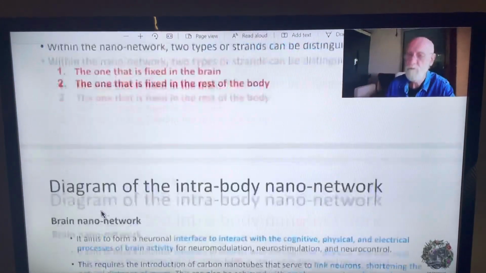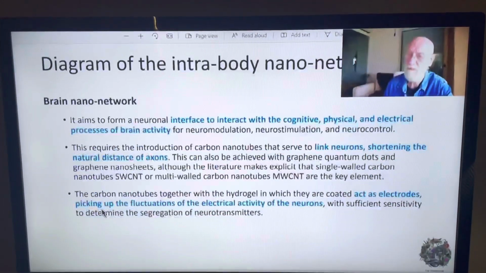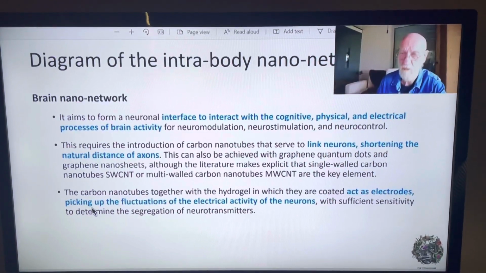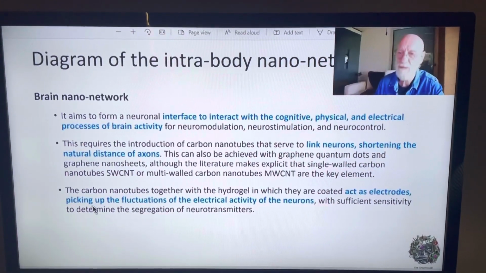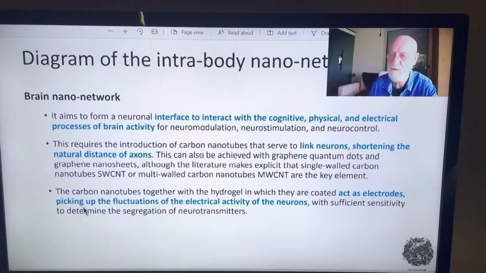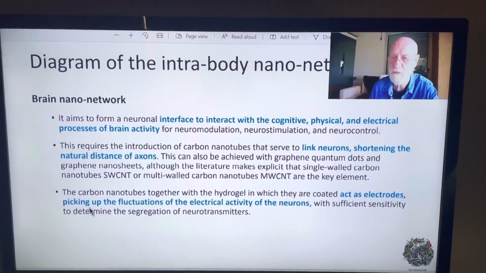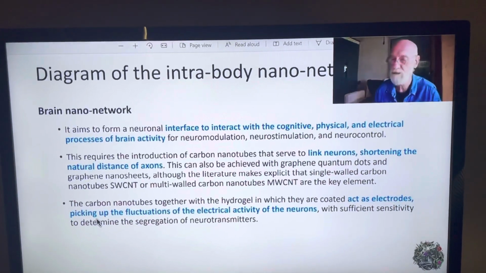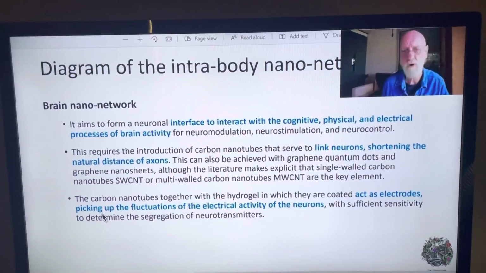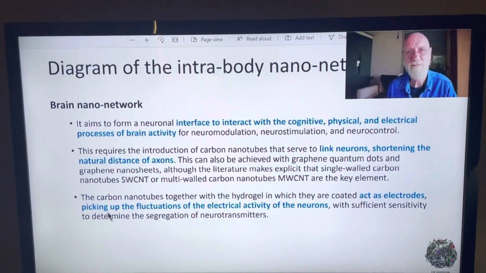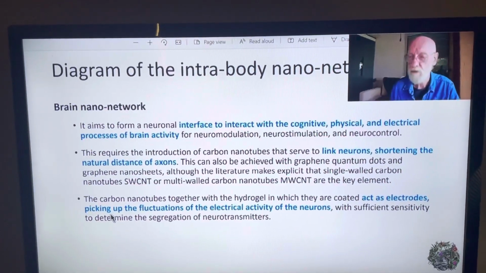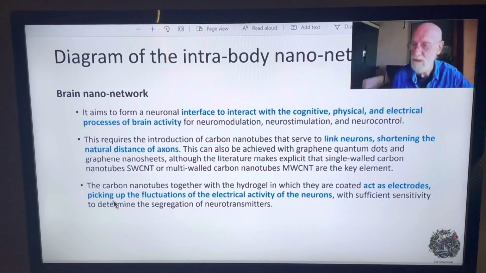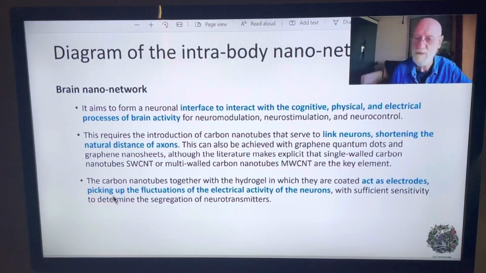Interesting stuff. Diagram of the intra-body nano-network, the brain nano-network, aims to form a neurological interface to interact with the cognitive, physical and electrical processes of brain activity for neuromodulation, neurostimulation and neurocontrol. Sounds friendly, doesn't it? This requires the introduction of carbon nanotubes that serve as link neurons, shortening the natural distance